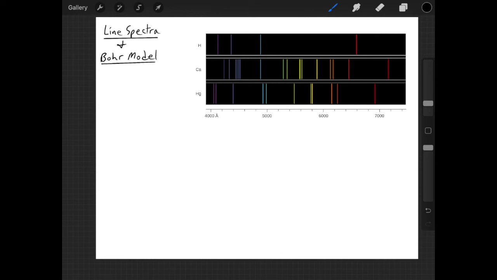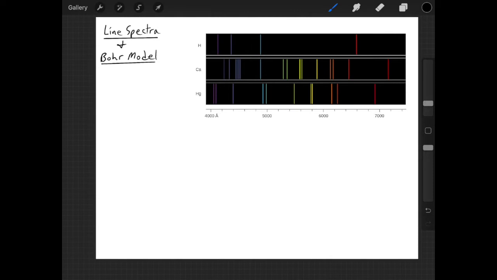So ages and ages ago, scientists discovered that atoms can emit light whenever they're heated or electrically stimulated or generally have energy put into them. But they only emit in certain wavelengths or certain colors. They don't give you a full range of colors, so you don't get a continuous rainbow or anything. And they also found that each element only gave off characteristic colors. So if you heated up the same atom or different samples of the same atom, you would always get the